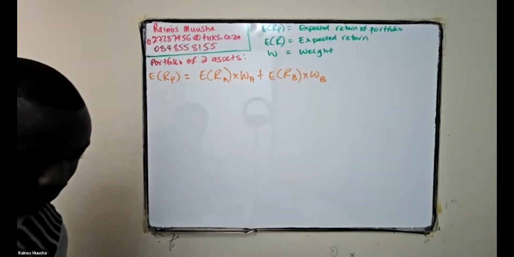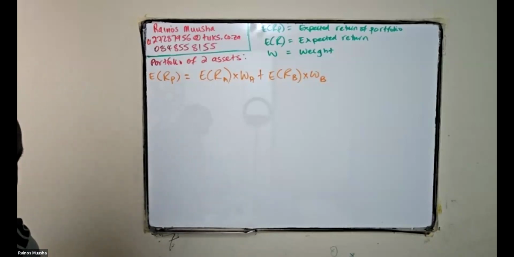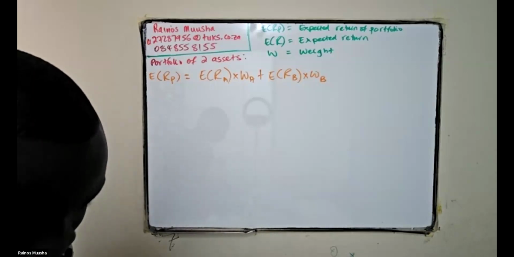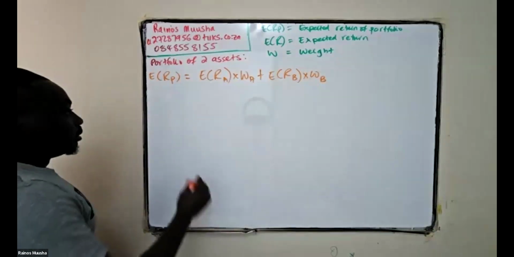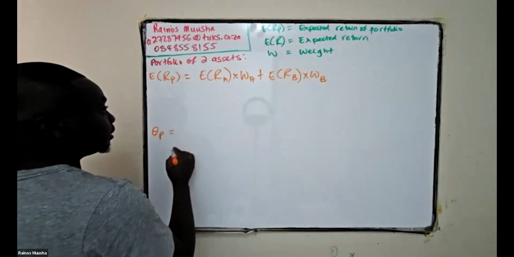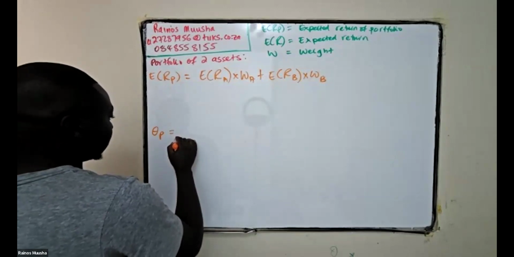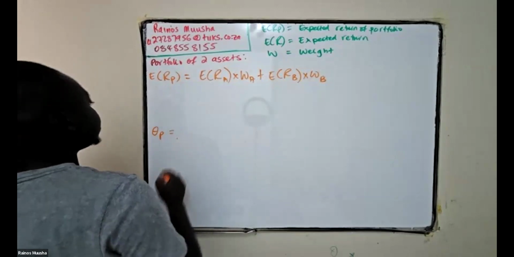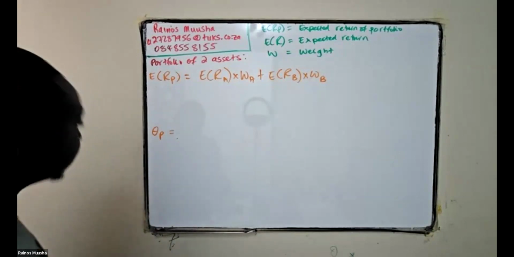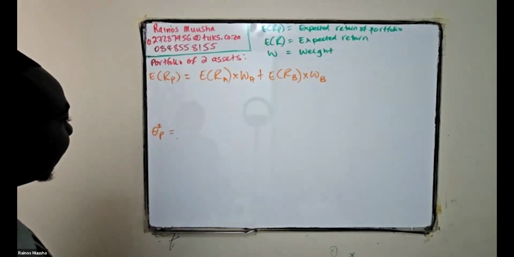Next, we also need to look at the standard deviation of the portfolio. Now, for the standard deviation of the portfolio, let me just indicate the variance first to avoid confusion. Okay. The variance of the portfolio is given as